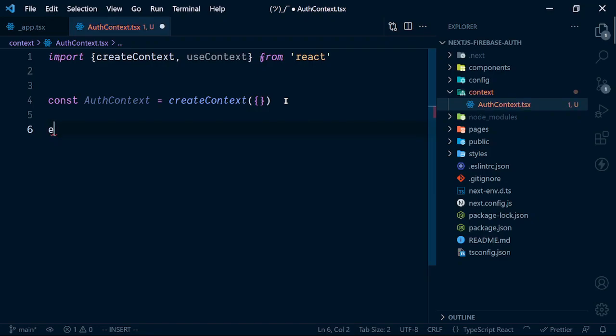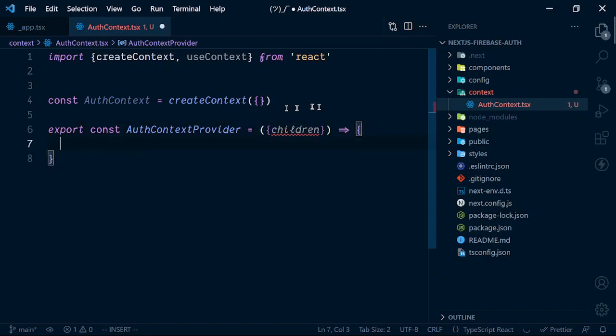So we are gonna export this. So export const auth context provider. So this will take children, a React children, since we are gonna wrap this in the _app file. And let's just give some type. Children will be of type